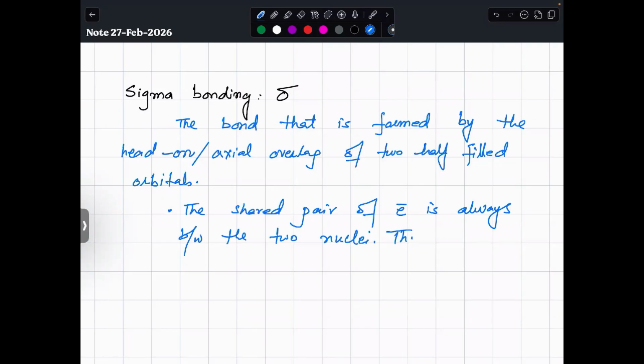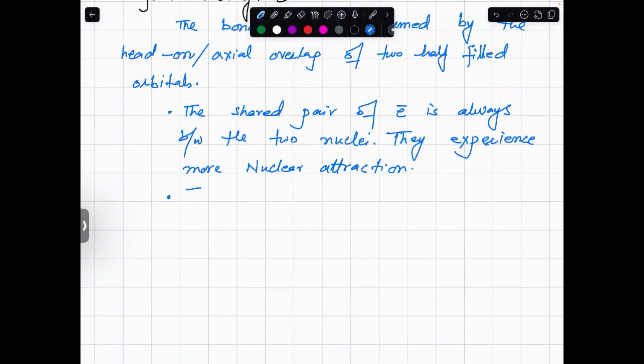The electrons experience more nuclear attraction, and free rotation around sigma is possible. Look, if I explain this in a very simple way, it would be like this, that for